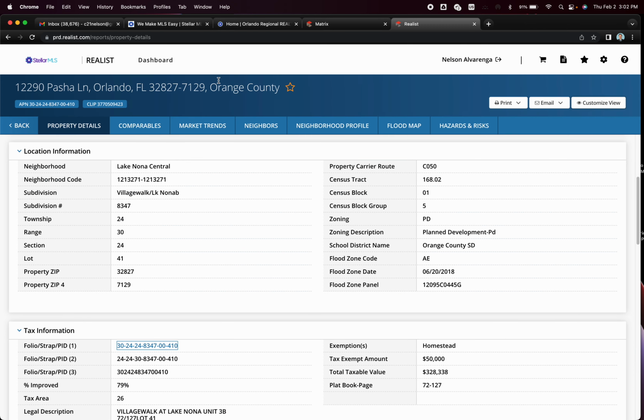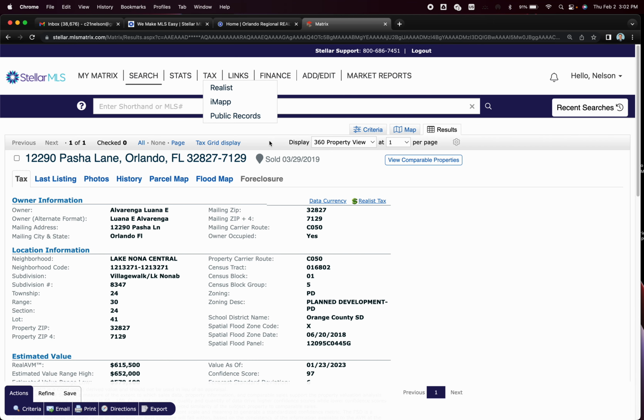So now then we have gone through, I think I need to close on this one too, yeah. All right, so here we went through this tab. That is Realist, iMapp, and public records, okay? That is necessary for you to look up when somebody wants to sell their house. You definitely want to go into all these and see what you can find. When somebody wants to buy a house, you can also do this and give them information before you make the offer, you know. So that's needed too. So that's basically it for property tax